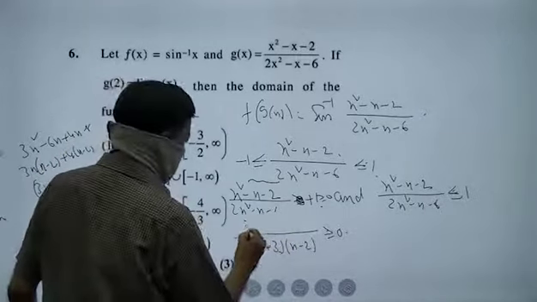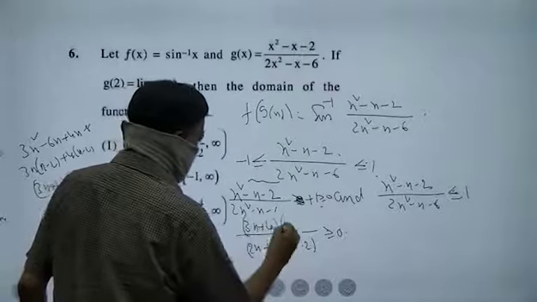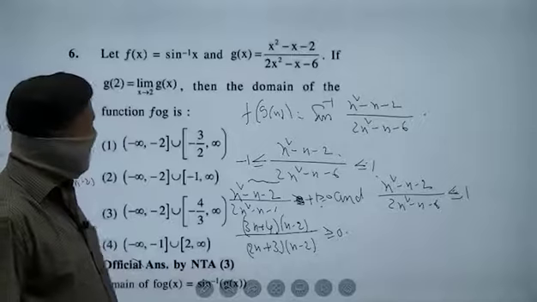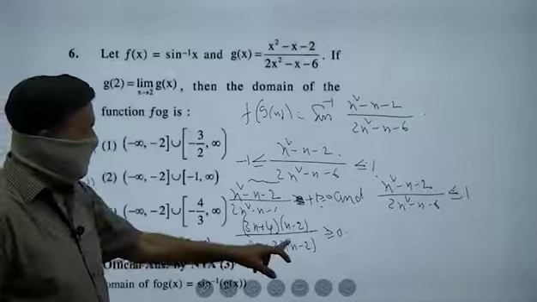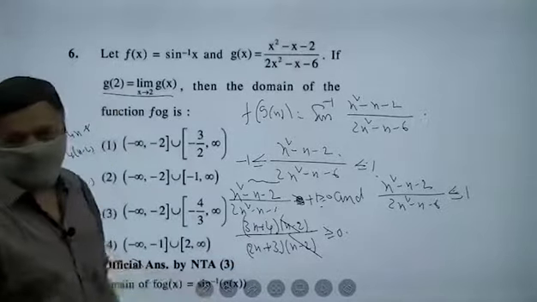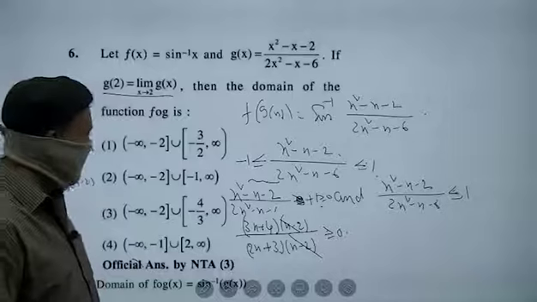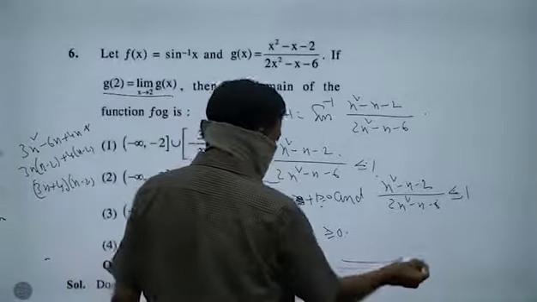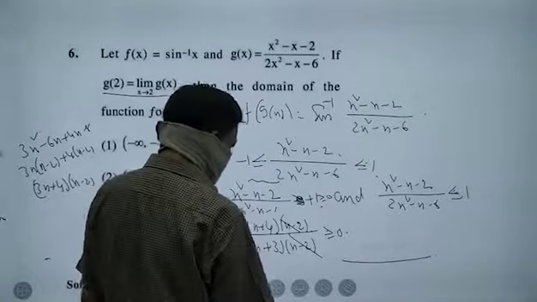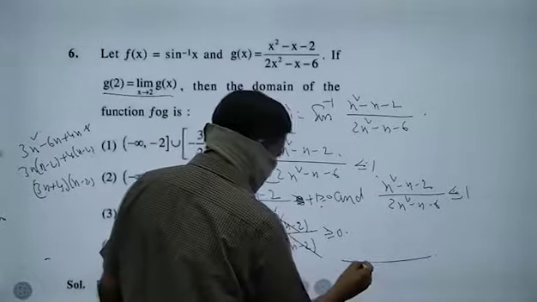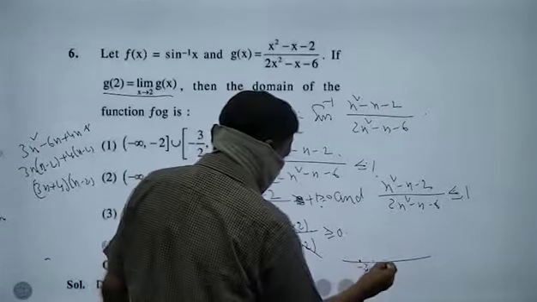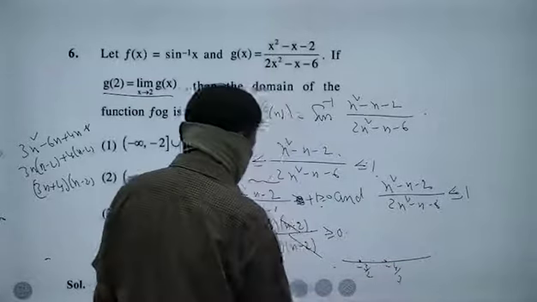You will get, right. See, g of 2 is limit means x minus 2 safely you can cancel because of this. You can use wavy curve. So what are the points? Minus 4 by 3, minus 3 by 2. Minus 3 by 2, minus 4 by 3.